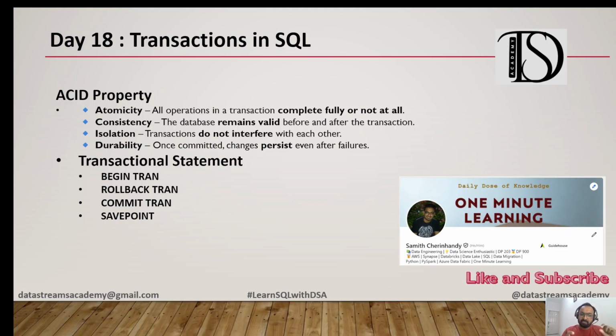A savepoint is something which helps you to save the transaction up to a point, and you can either continue from there or roll back. So this is what we are going to cover today. And fundamentally, transactions help you keep consistency and atomicity in a database. Okay,